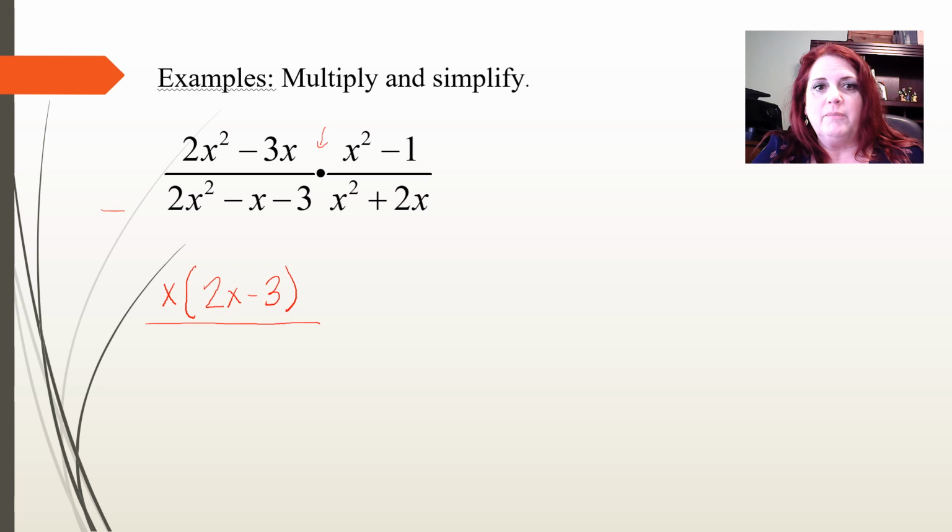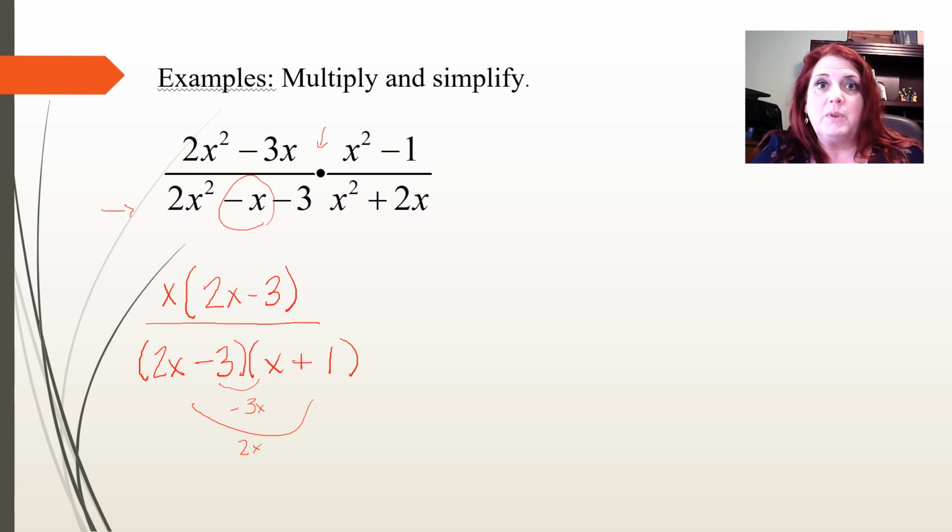In the denominator then, that 2x squared minus x minus 3 is going to be factored into two binomials. 2x squared factors into 2x and x. And that 3 is going to be 3 and 1, but we want that middle term to add up to negative 1. So this is going to be the 3, and this is the 1. We have a minus 3, and a plus 1, so that this negative 3x, and that's going to be 2x, that adds up to our negative 1. And we're going to multiply that by